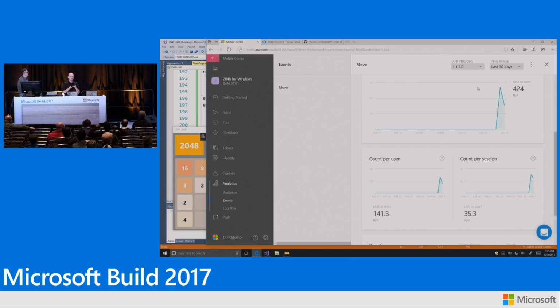So this is crashes and analytics for your Windows apps, and the same feature set also exists for iOS and Android, cross-platform. This is the mission of Mobile Center that we have: make every app better with continuous delivery and continuous monitoring. Now let me switch back to my Mac here